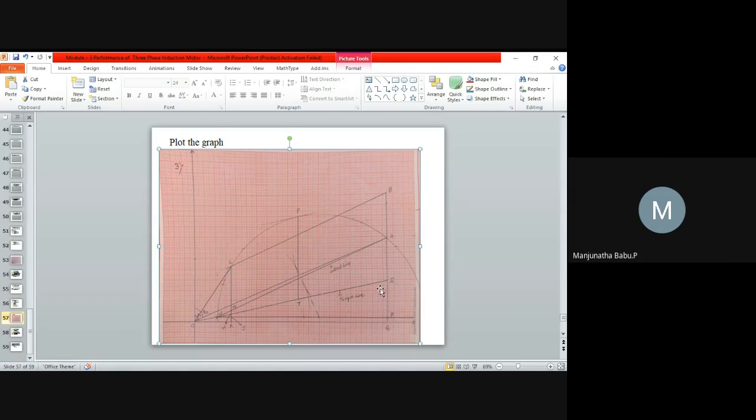Now, as per the data given, rotor copper loss is half the total copper loss. So from A to G will be the total loss. Okay, from A to G it is the total copper loss. Now he is telling the rotor copper loss is half. So measure the length of AG. If I measure the length of AG,